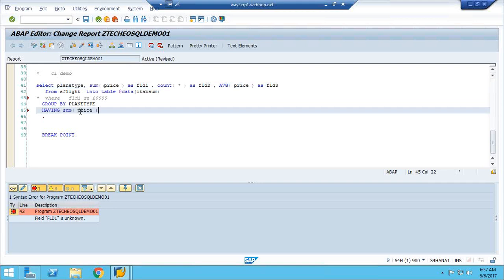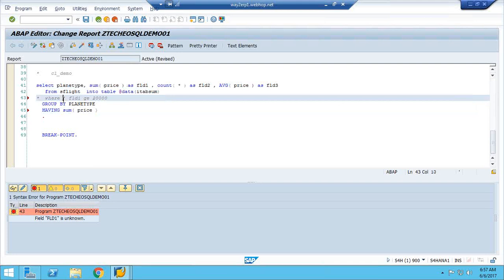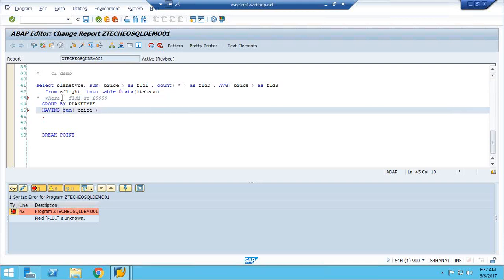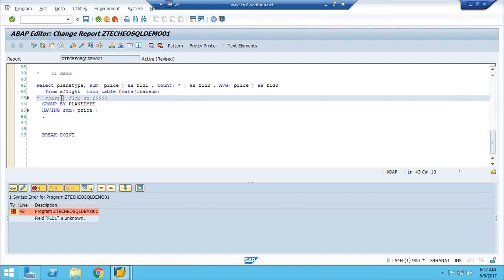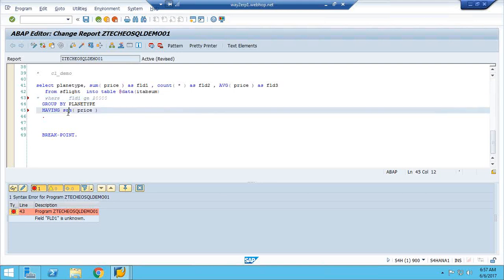Try to understand the difference between where and having. Where has an individual field condition, having also a condition, where also a condition. Both are conditions. Where will work on individual fields, having will work on aggregation fields.